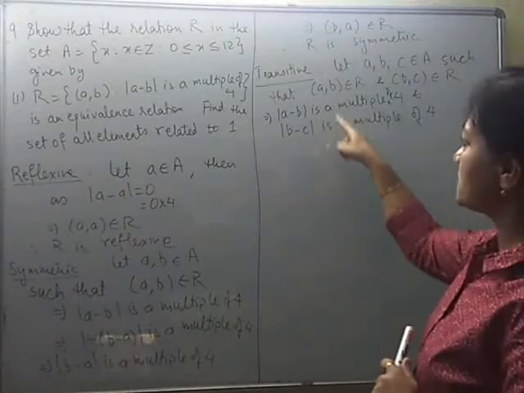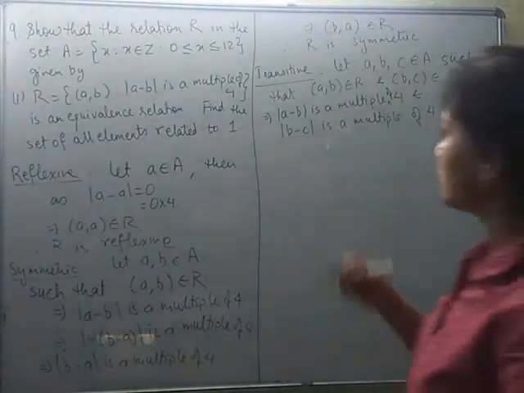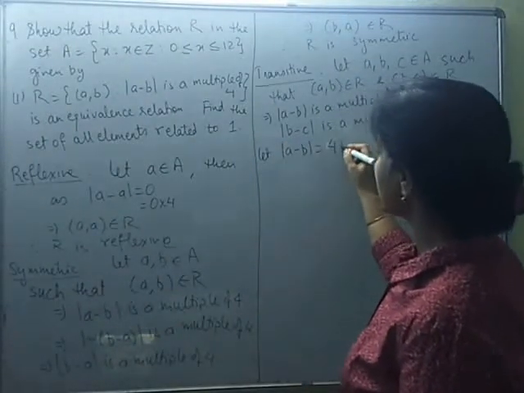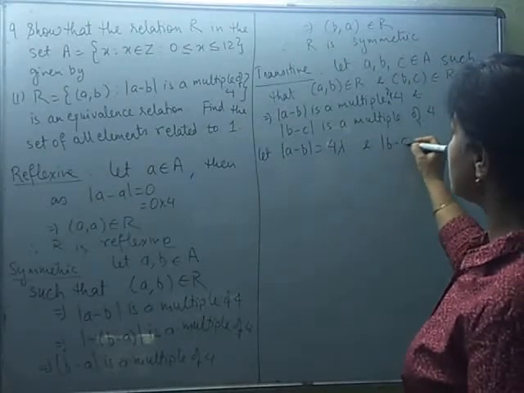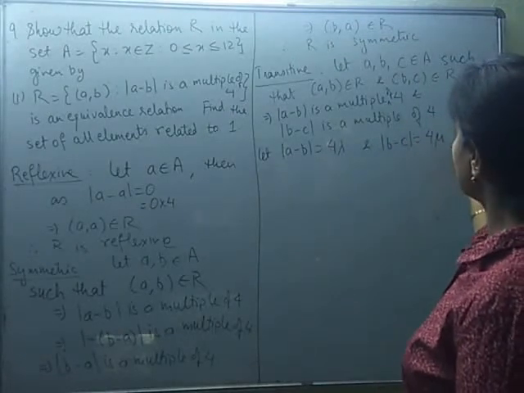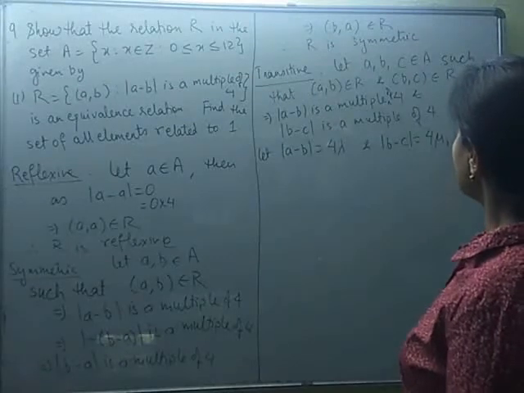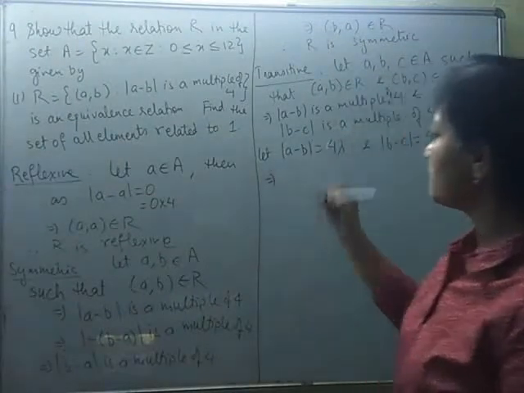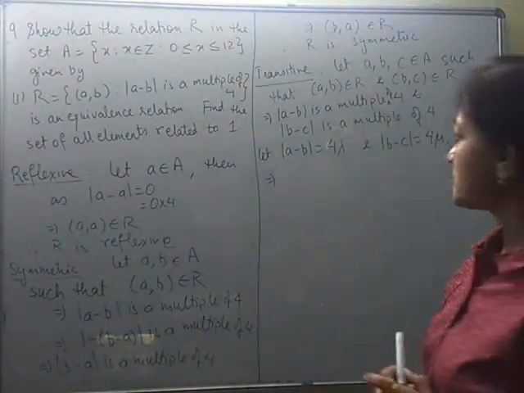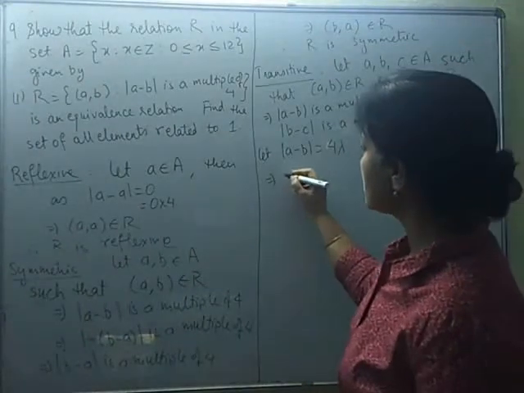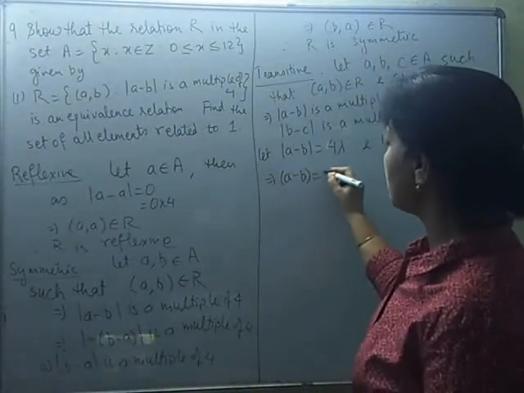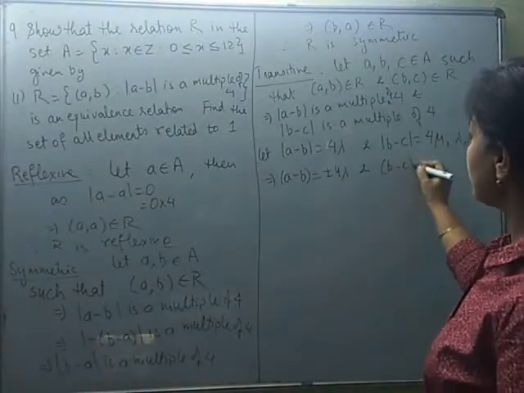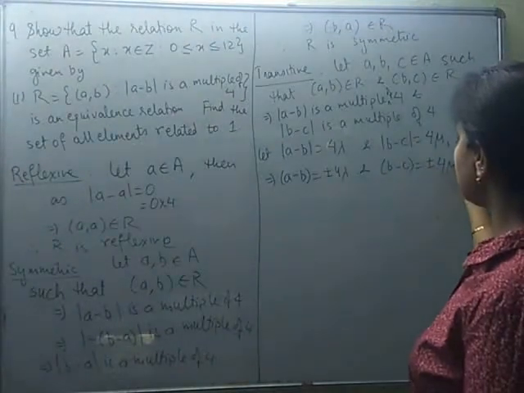Now use these two conditions to check whether the same relation can be established between a and c or not. So I am going to write these two conditions in the form of an equation. Let us assume mod of a minus b is 4 times lambda and mod of b minus c is 4 times mu, where lambda and mu are any integers. Now we don't know whether the difference a minus b is positive or negative. So if I get rid of this modulus symbol, we will be able to write a minus b is plus minus 4 lambda, and in the same way b minus c can be written as plus minus 4 mu.